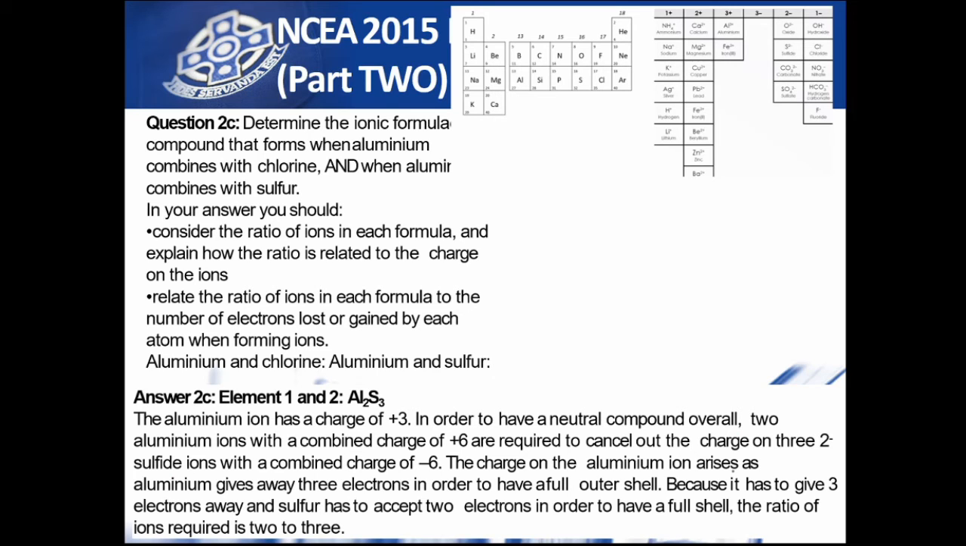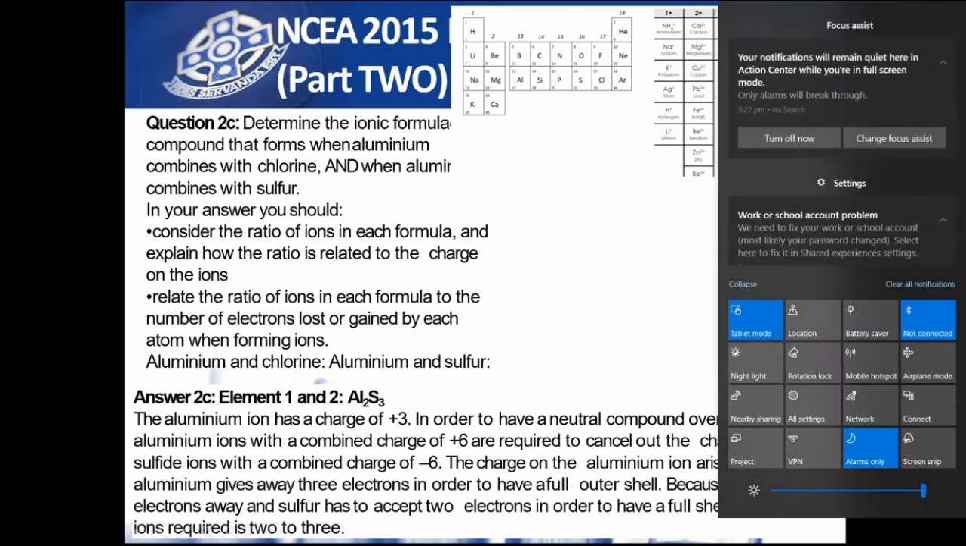The charge of the aluminium ion arises as aluminium gives away 3 electrons in order to have a full outer shell, because it has to give 3 electrons away, and sulfur has to accept 2 electrons in order to have a full shell. The ratio of the ions required is 2 to 3. We discussed all of that. Okay, so the next one,